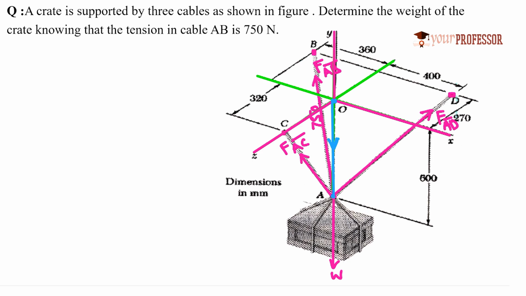For traveling from origin to point A, I did travel along only y direction, that is in negative y direction, and for a distance of 600. Therefore its coordinates will be, as I didn't travel along x direction, x coordinate is equal to 0, and I have traveled a negative value of 600 along y direction, and along z direction I didn't travel. So these are the coordinates of A.